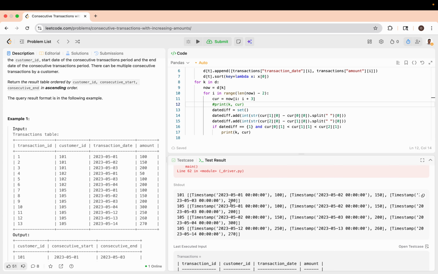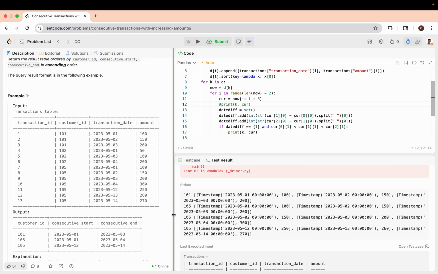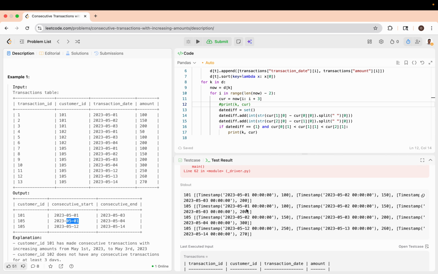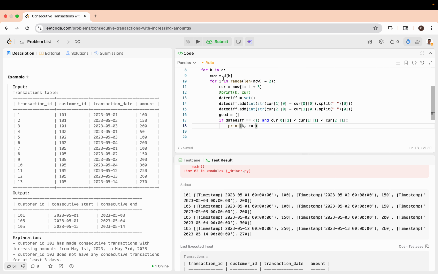Okay, so let's see here. Yeah, so looks like, okay, in that case, because we don't want duplicate dates, right? Because we have 5.1 to 5.3, but then 5.2 to 5.4, so there's this overlap over there. So let's just call this the good dates. And that's for each